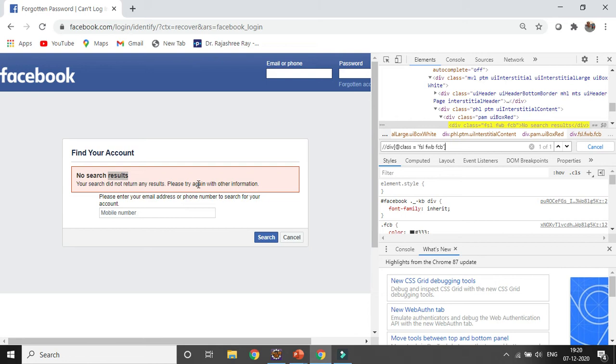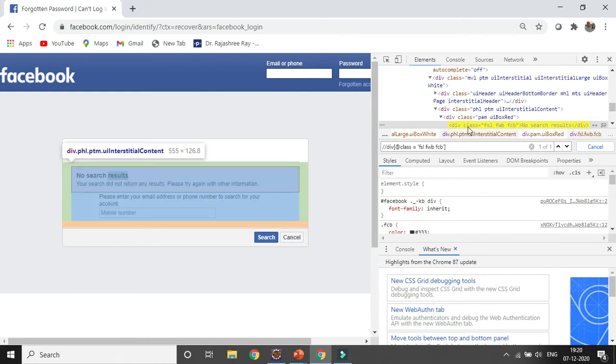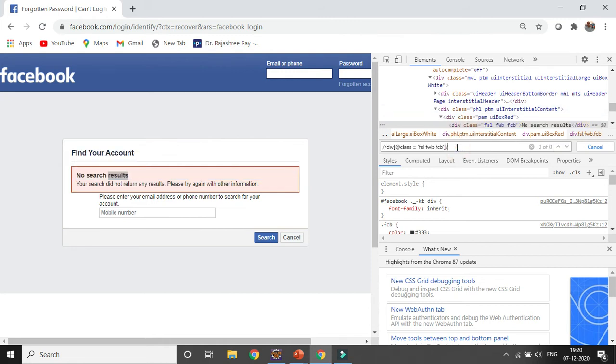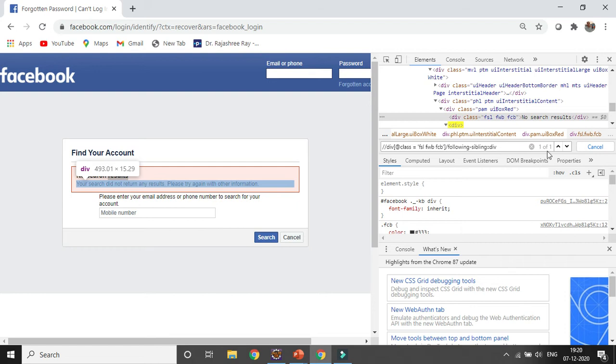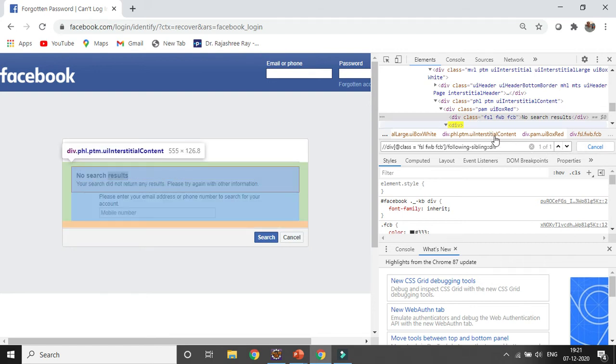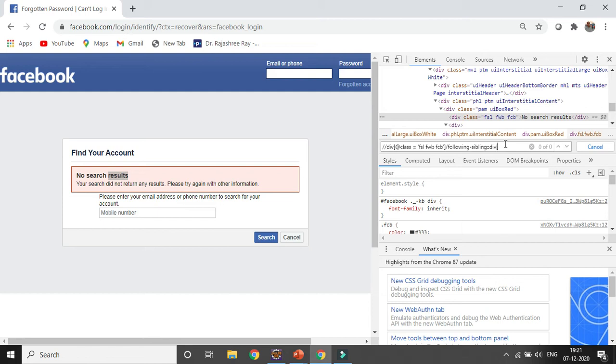So how can I create the XPath? I have to give a slash, then as it is under the same parent, I will use following-sibling, that is the syntax, right. Then I need to give a double colon, and then I can give the reference tag, so div. You can see now only one element is coming. In case multiple siblings are there, you can still give the index, so I can give index 1 also. You can see only that particular text is getting identified.